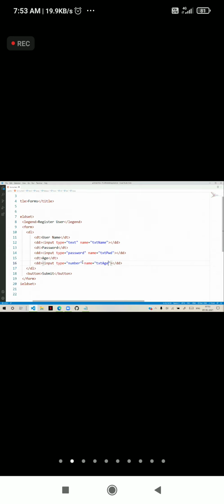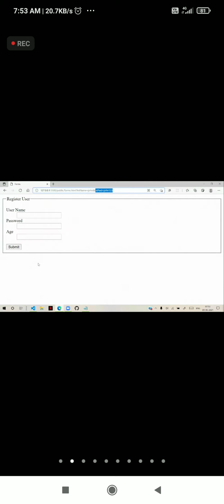You can see that this is input type number, and when I am typing anything here, suppose I type some D, A, B, C, it's not working. E is working. Other characters are not working, because E represents an exponent value. Anything else you try to type, it's not working, and it will take only the numbers.